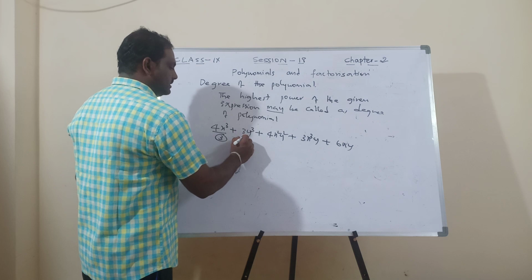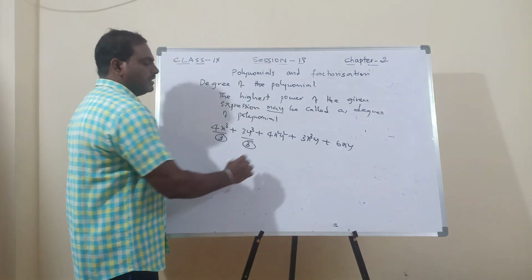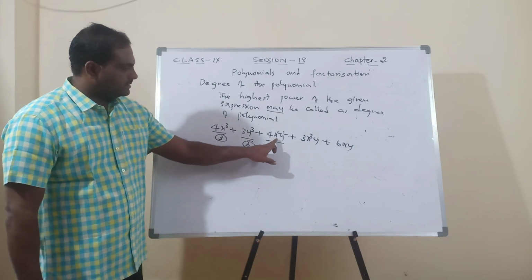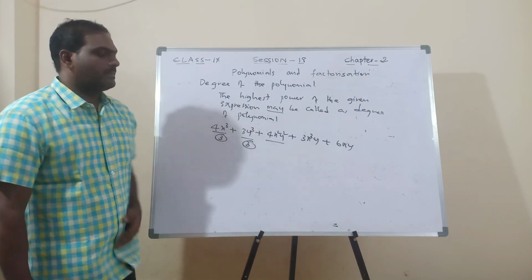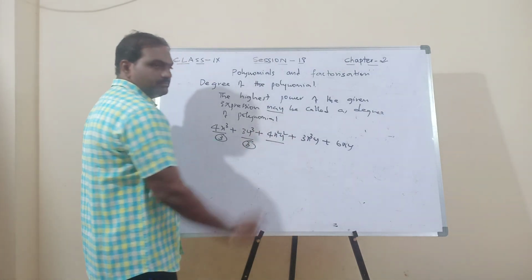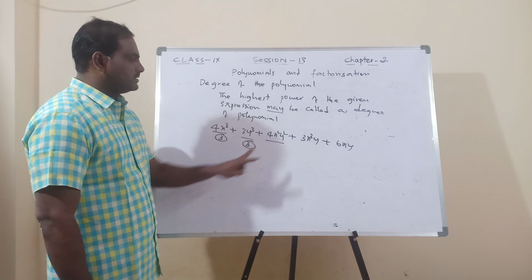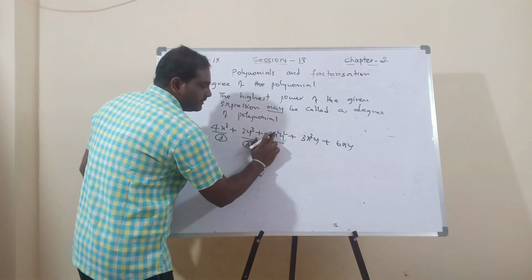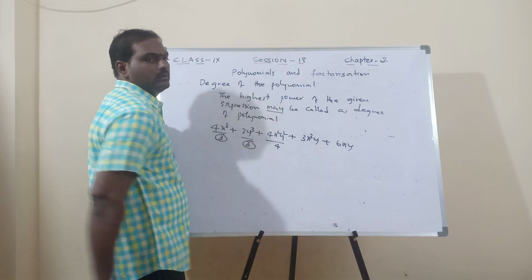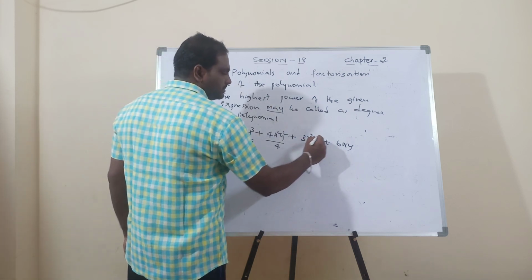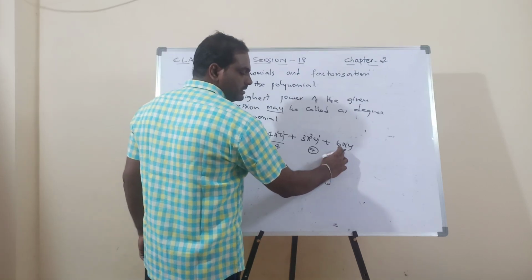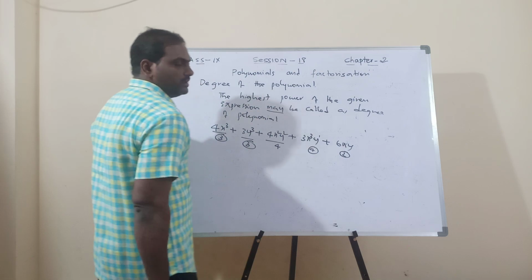And what is its degree? Yes, it is also 3. Now here what is the degree? This is the combination of two variables. In this case, what you have to do is add the sum of the powers. So what are the powers? X power 2 plus y power 2. How much is it? The degree is 4. In this case, x power 3, y power 1. It is also 4. And in this case, x 2, y 2.